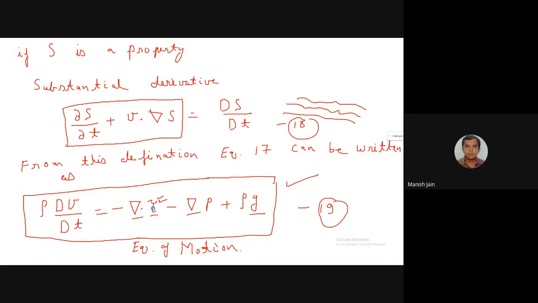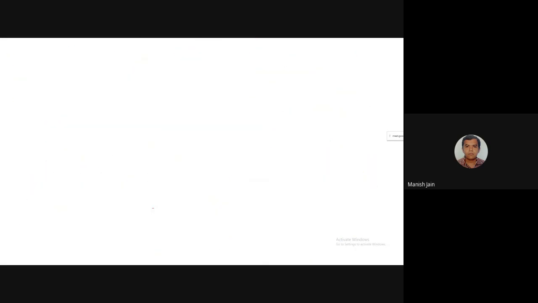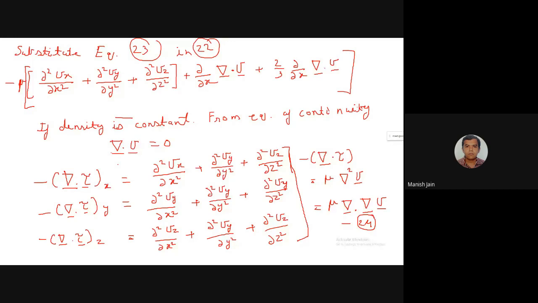So when you substitute the value of del dot tau, the equation will become,